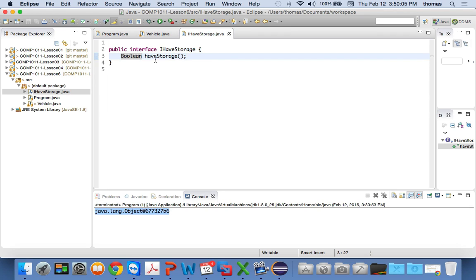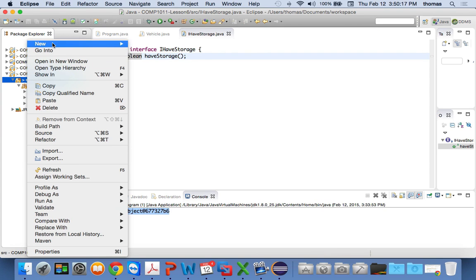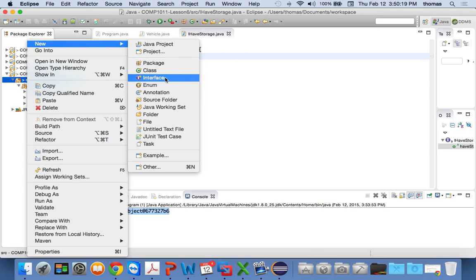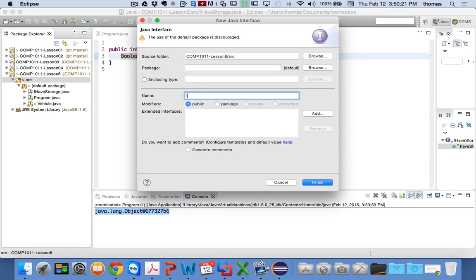So now when I create my car class, I have my interface and I have my abstract class. And let's make one more interface for a truck, because I want to make a truck class as well, right? So let's go right-click, New, Interface, and this time it's going to be called... what? We did a truck has storage, so does a car, but a truck does something else. Flatbed? How about